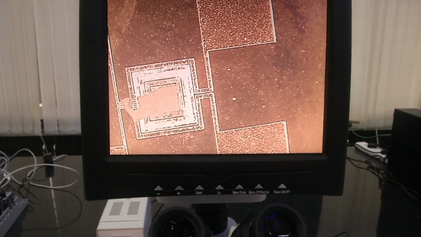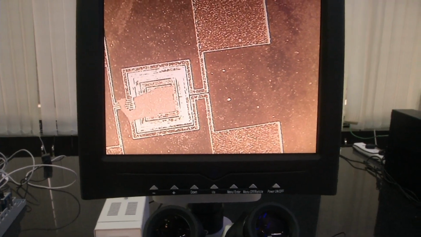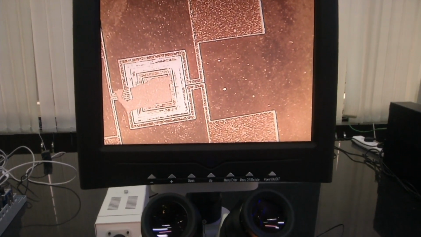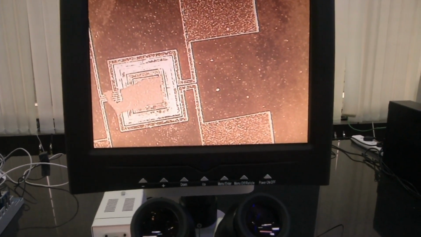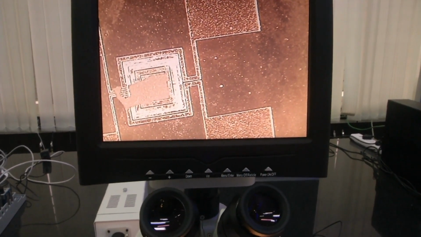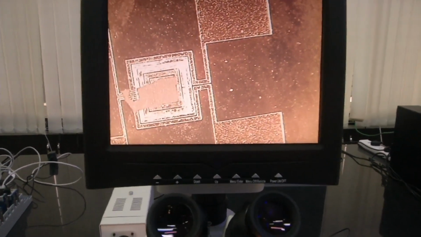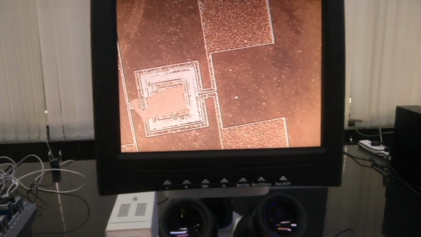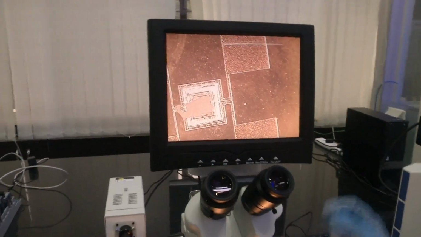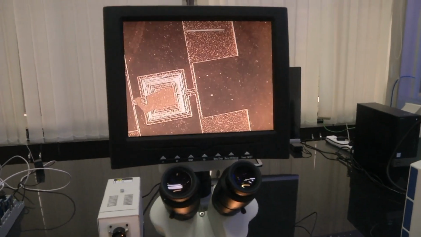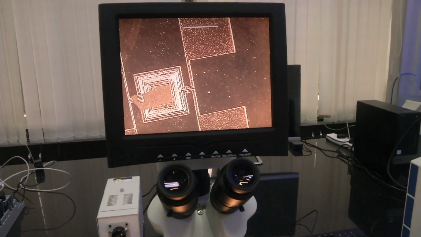I am talking from a microfabrication or a sensor fabrication point of view. The same rule applies to another application of the stereo microscope, which is dissection. Suppose you have taken an animal like a cockroach or a frog and you are dissecting it. Instead of seeing it just with your bare eyes, if you dissect it under a stereo microscope, you just need to look at this camera screen or through the eyepiece, and you can dissect your specimen. This is the main utility.